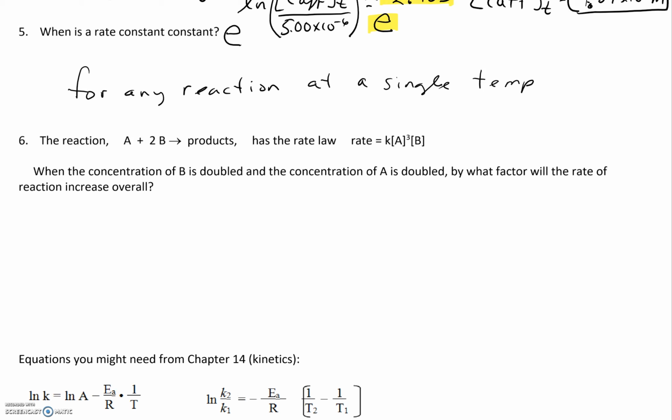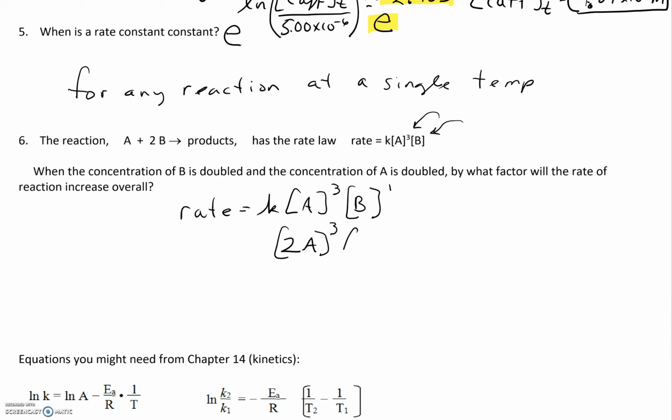Last question. The reaction A goes to 2B, A plus 2B goes to products, has a rate law where A is third order and B is first order. We can write that rate law. Rate equals k A to the third times B to the 1. If we have a situation where A is doubled, and B is doubled,